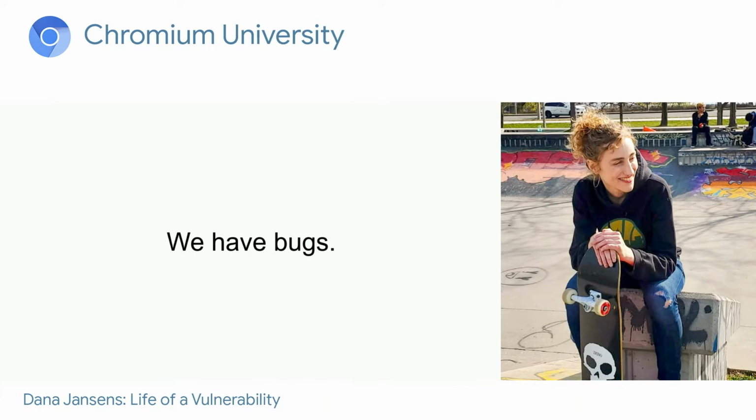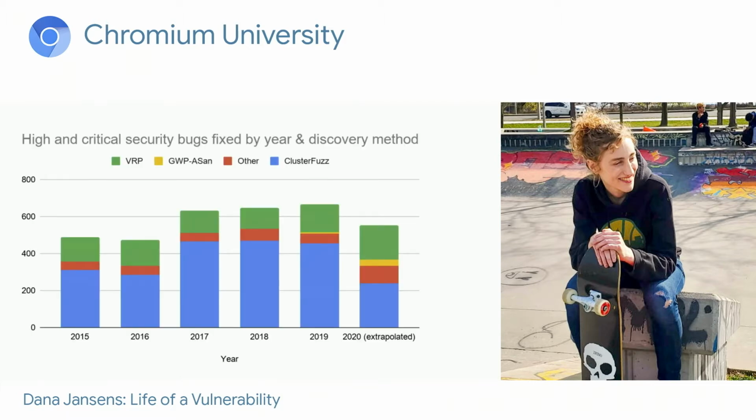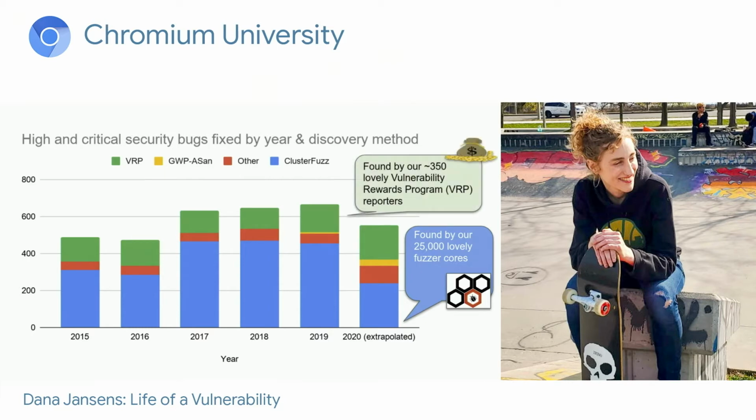So let's move away from the data for a second. Let's look at the code which processes that data and how it gets bugs in it. We have a lot of bugs. This chart just shows high and critical severity security bugs. Most of them, fortunately, are found by our internal fuzzing infrastructure called ClusterFuzz. If you were just in the fuzzing 101 talk, you may have heard about this. Mostly, they're found by ClusterFuzz before the code gets to our stable branch, which means before they get to our users. But quite a lot are also found